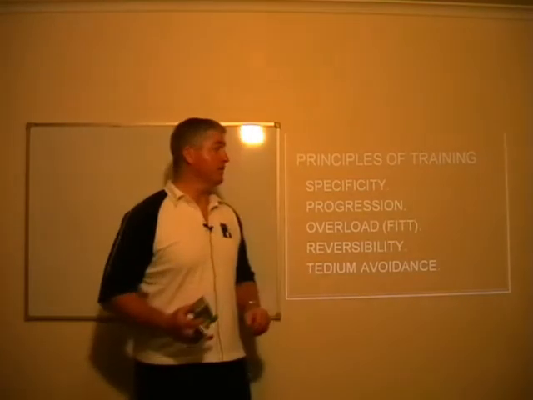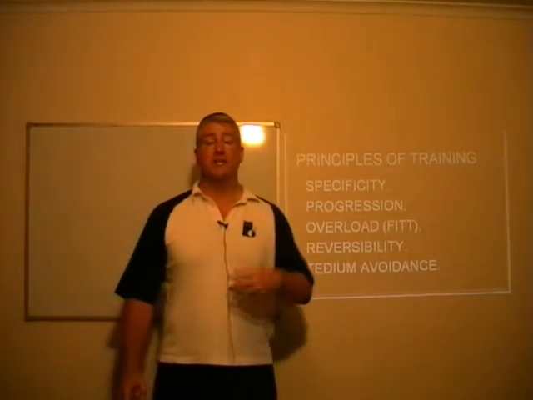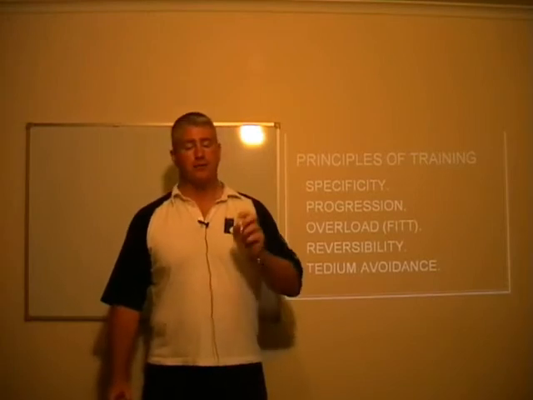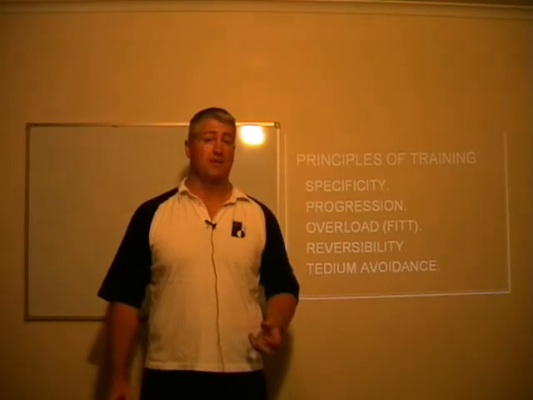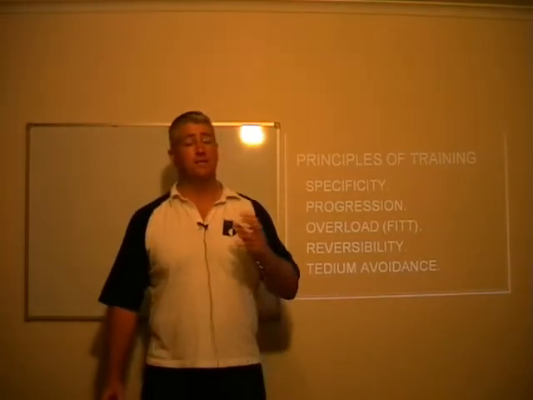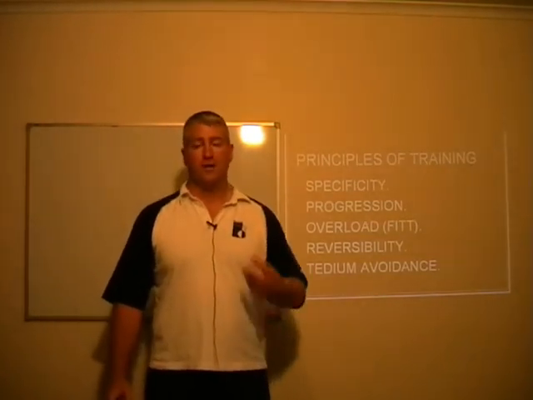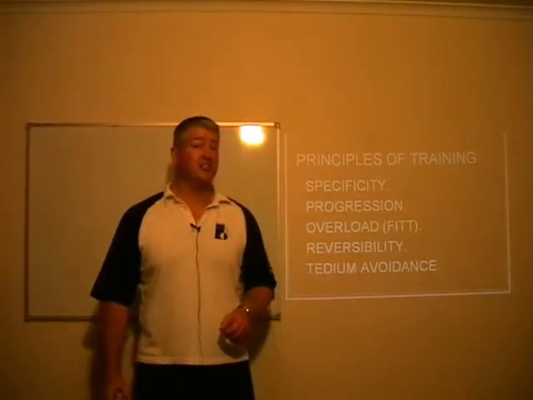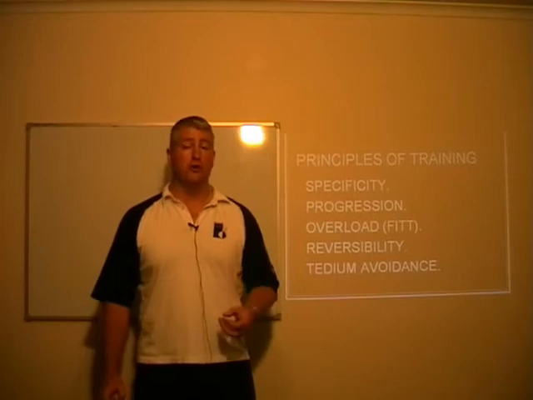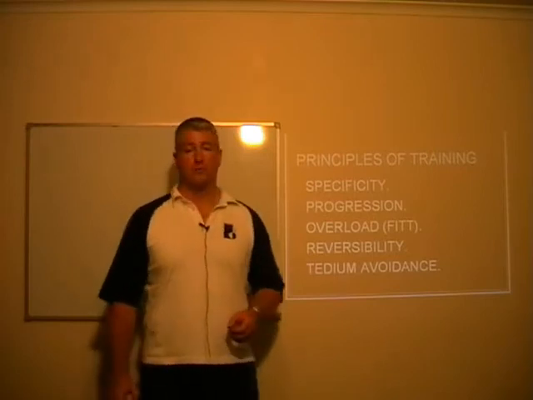And it actually goes a little bit further than that too. Let's say you're a 100-metre sprinter. The majority of your training time should be devoted to speed development over that distance or similar distances. In actual fact, if you spent a lot of time doing 5-kilometre or 10-kilometre runs as a 100-metre sprinter, you'll find that will actually have a negative effect on your sports performance over a 100-metre distance.